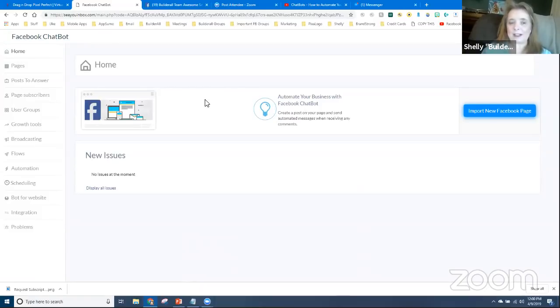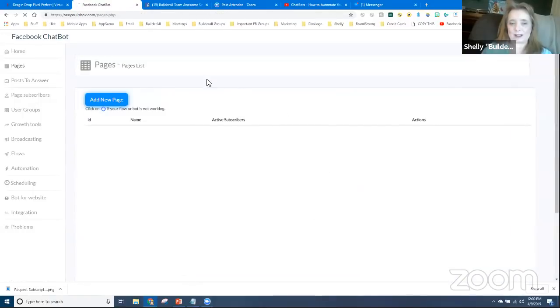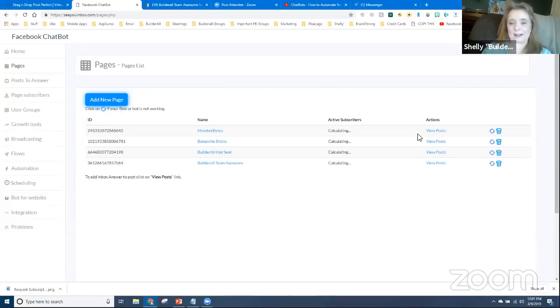So now we've got everything connected. There might be some rogue pages that were not connected, so you may see them here. And if you see them here, you can actually click them to add them to the list. So this has changed a little bit since the last time I did it. Let me show you adding a brand new page. So I've got 4 pages added right now. Let's go ahead and add a 5th page.